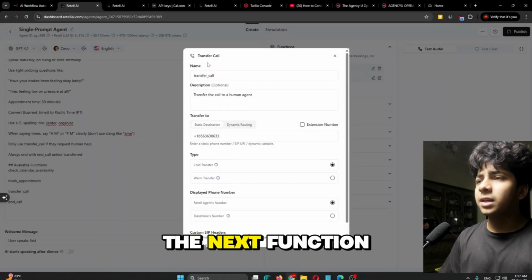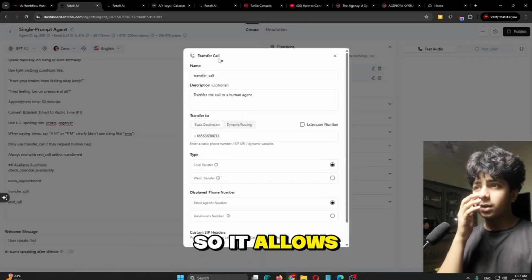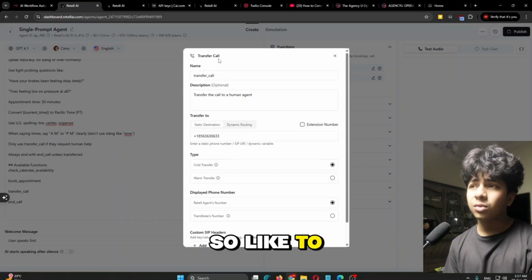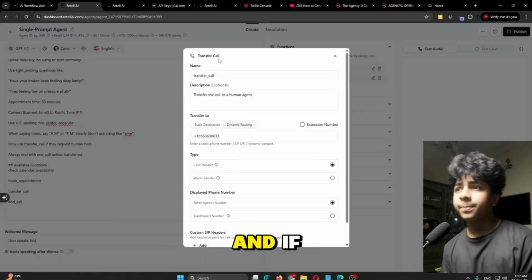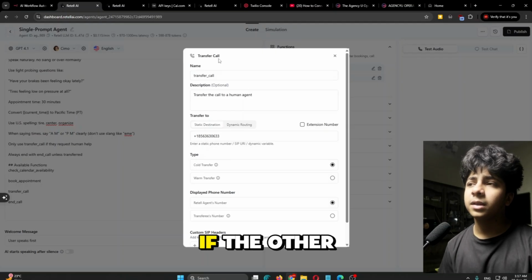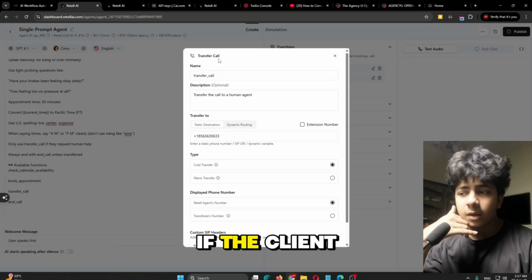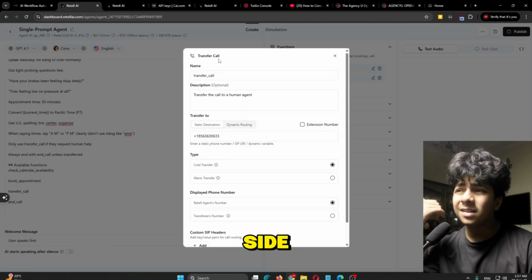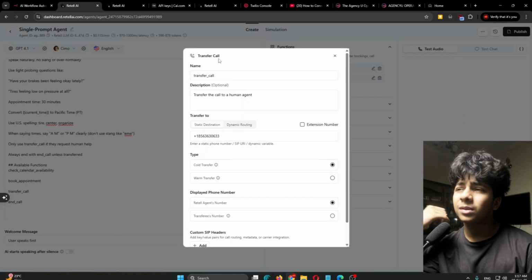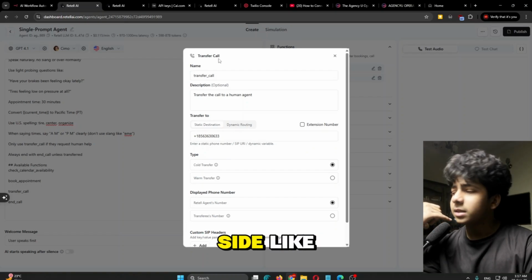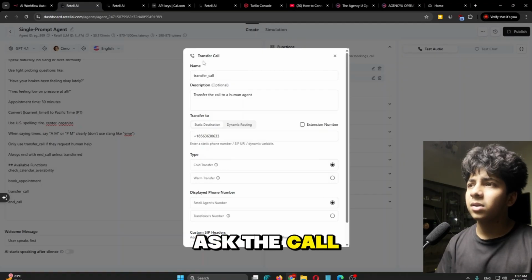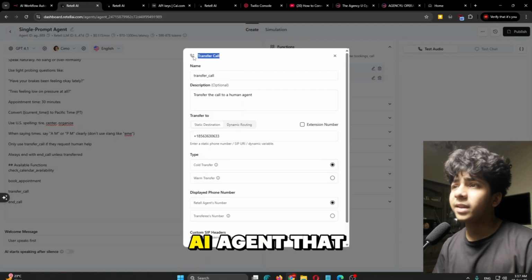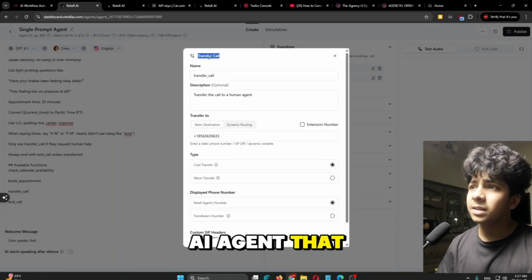So this is the next function, transfer call. It allows the AI agent to transfer the call to a human if the client on the other side asks the AI agent something that isn't in its knowledge.